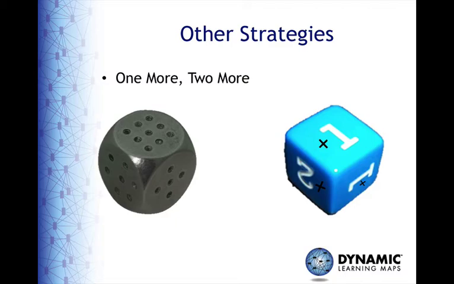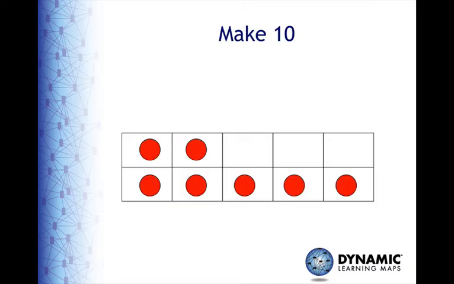After the student rolls the number cubes, they should say or indicate the fact represented on the cubes, in this case 9 plus 1. The Make 10 strategy includes all the combinations of numbers that add to 10, asking how many are needed to make 10. And as seen on your screen, using the 10 frame is a great tool for helping students to create a visual or tactual image of how many are needed.